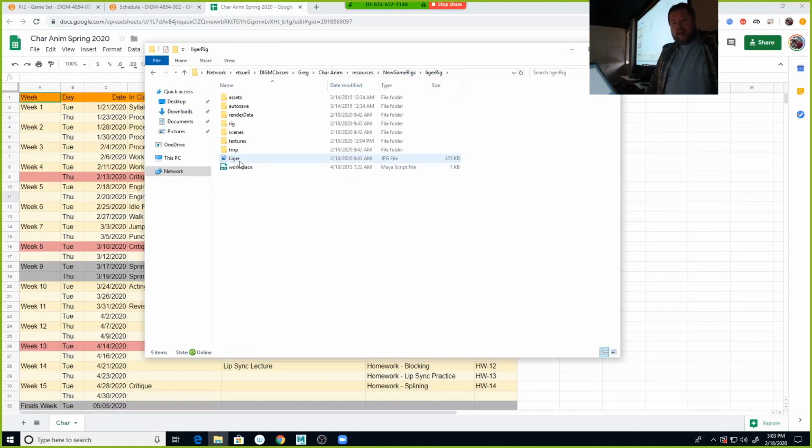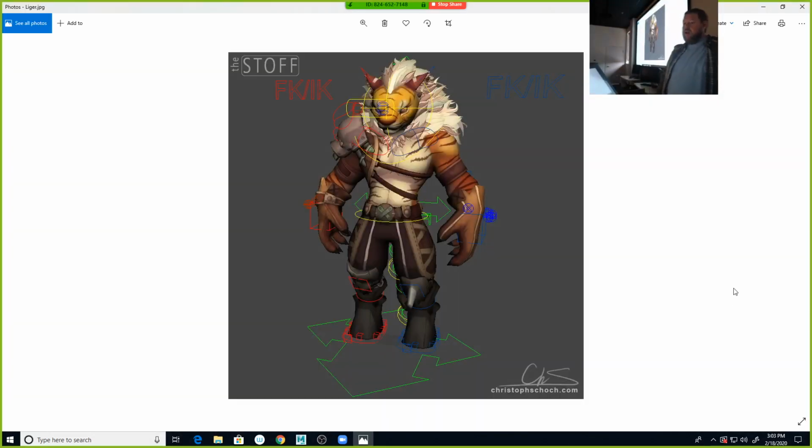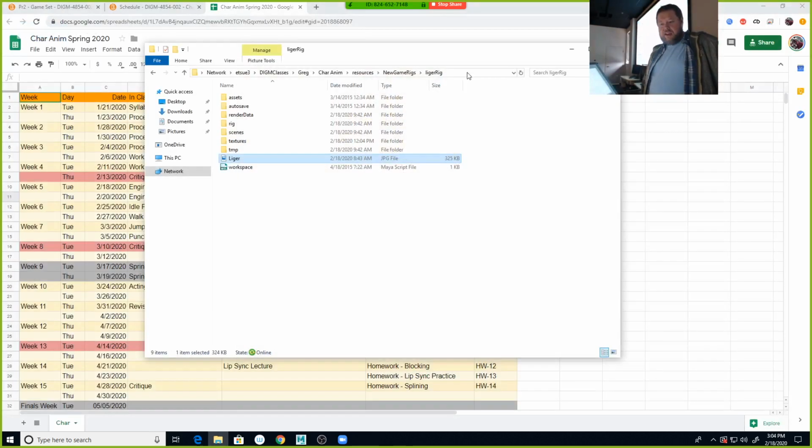There's one in here, a liger rig, which I guess is a lion-tiger combo. Yeah, and I kind of dig this one. I like the character a lot. The rig is okay, but there are a couple of settings that you'll probably have to mess around with on it. And finally,